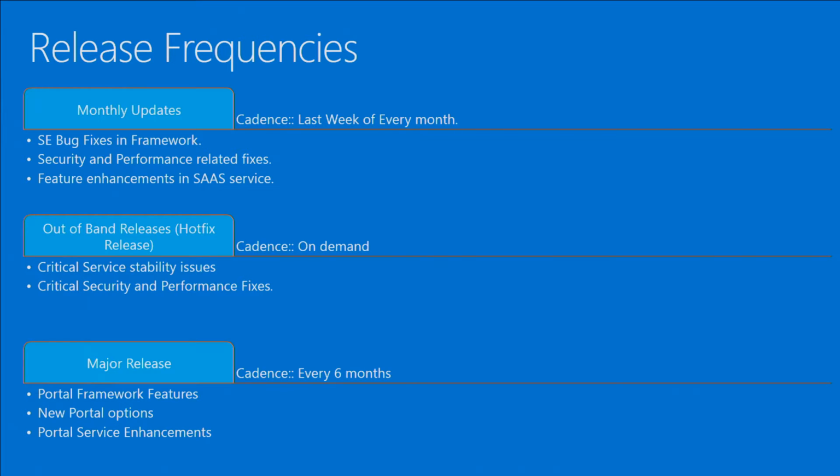Recently we shipped a way where you can change your portal to a different CRM instance. We provide options like restarting a portal and getting the logs of your portal, those kinds of things we started adding there, and those features we ship every month.